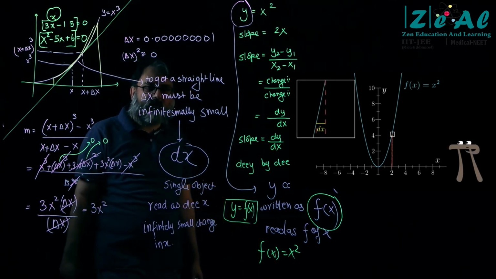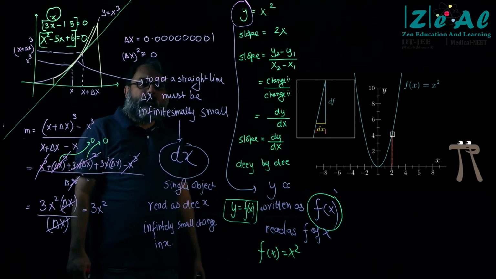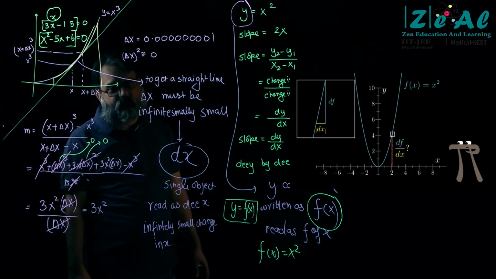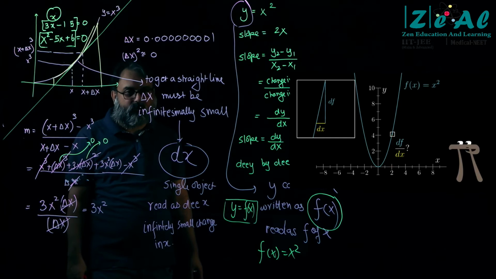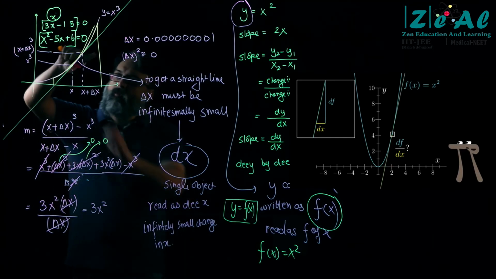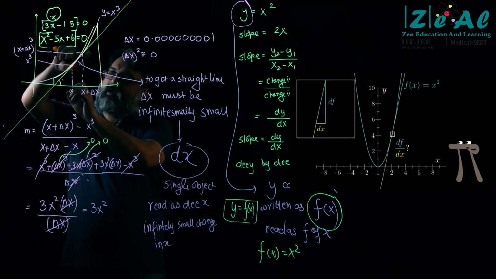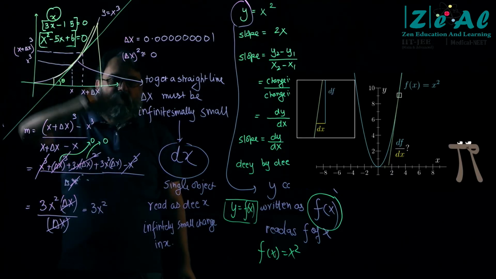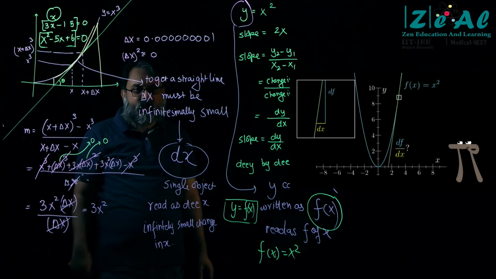I need the chat window. Everybody knows the meaning of tangent to the curve, right? Does everyone know what a tangent to the curve is? Okay, great. So the slope of the tangent to the curve, let's say that this angle is theta, is the slope of this straight line. That is what this video is trying to explain.